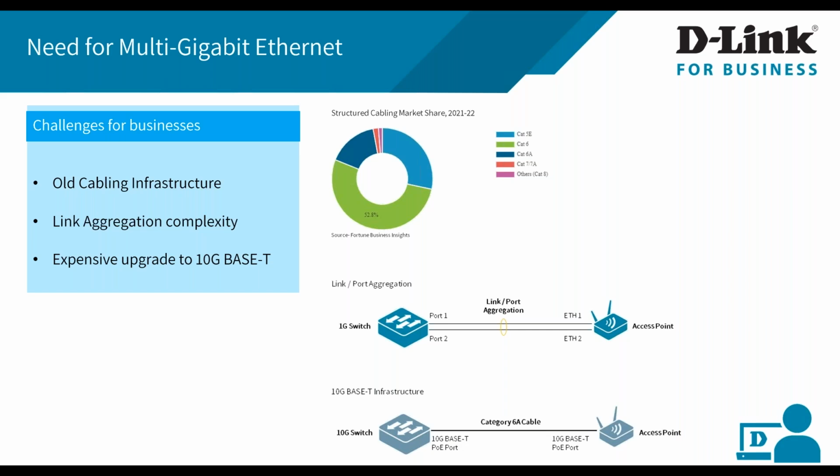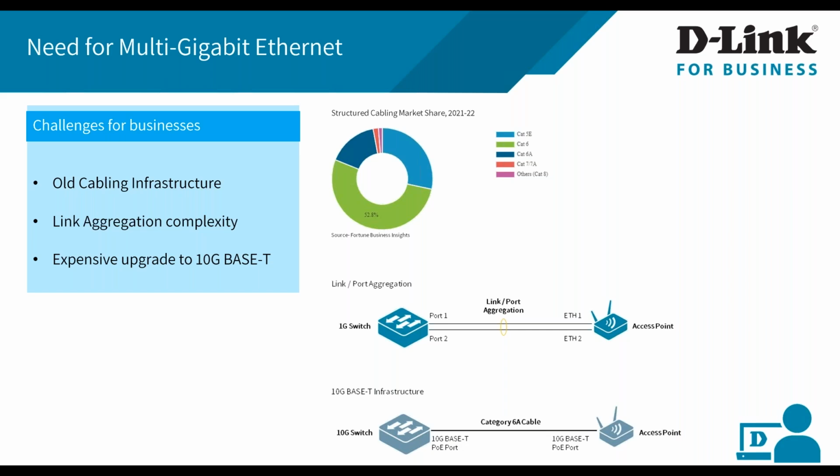But the challenge is, if you look at the first image, today more than 50% of the structured cabling infrastructure installed in the last few years is built on Cat5e and Cat6 cabling. Even today, Category 6 cabling dominates almost more than 50% of new installations. But Cat5e and Cat6 cabling were originally designed to support 1 Gbps speed up to 100 meters. But today we have many applications and devices which require more than 1 Gbps.